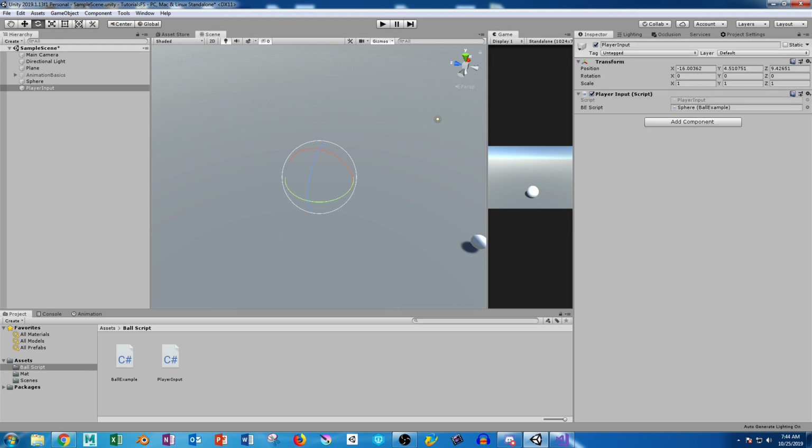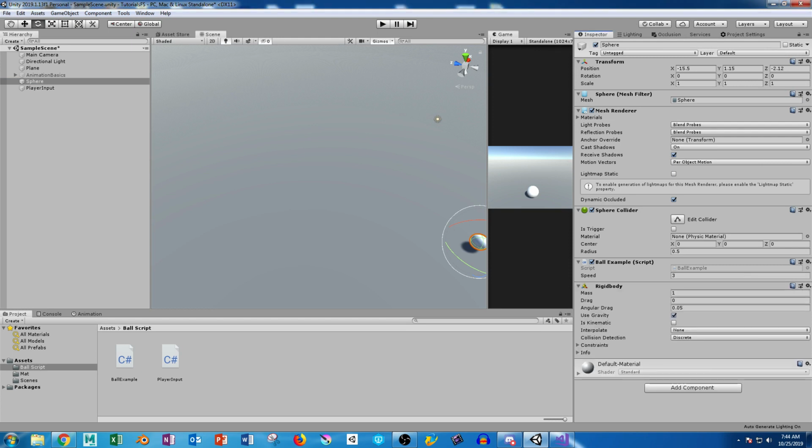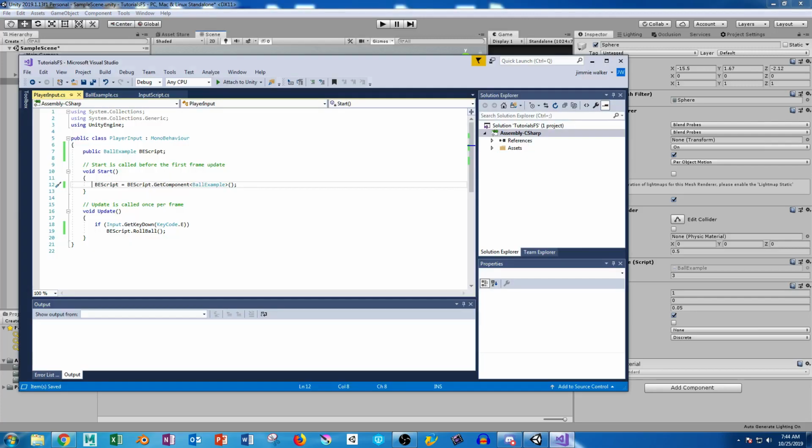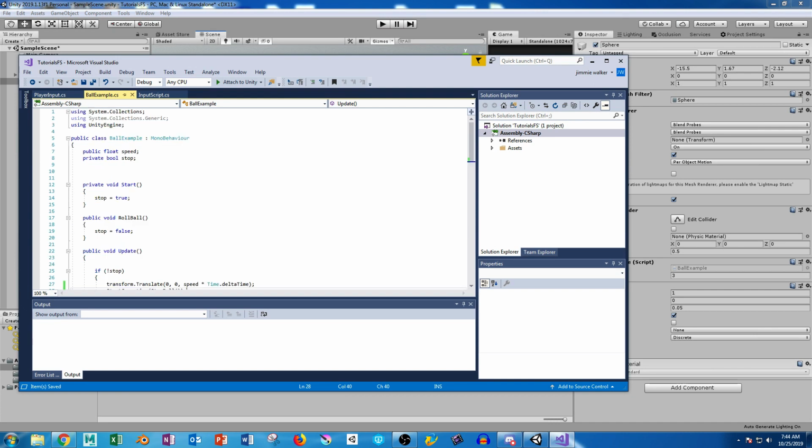So, let's actually get this thing rolling. What I'm going to need to do now is add a rigid body, and we're going to use gravity. I'm going to bring it up here so that's where we can verify everything. Instead of actually moving this, I'm going to go ahead and